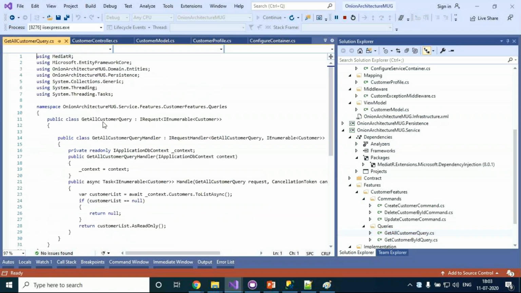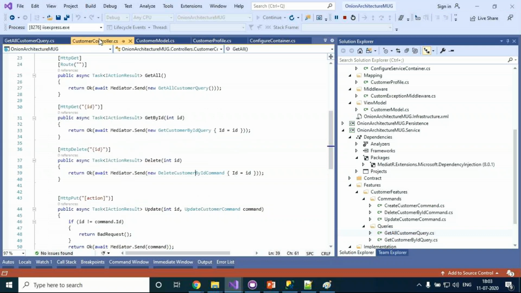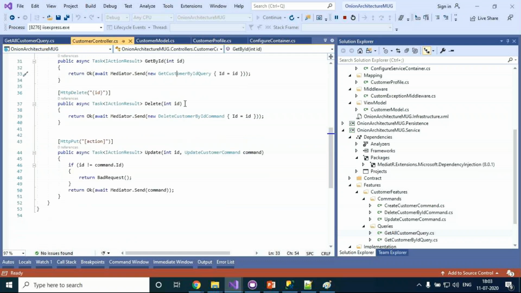Yes, based on this, call this class file on my customer, on my presentation layer, and the work will be done based on that. So the code will be very, very simple for you, and you can play around with that. So in case for updating also, directly pass that update command and just send to that, and it will be taken care.